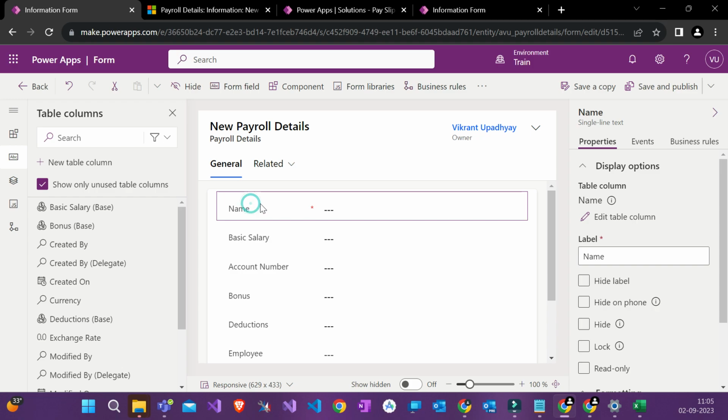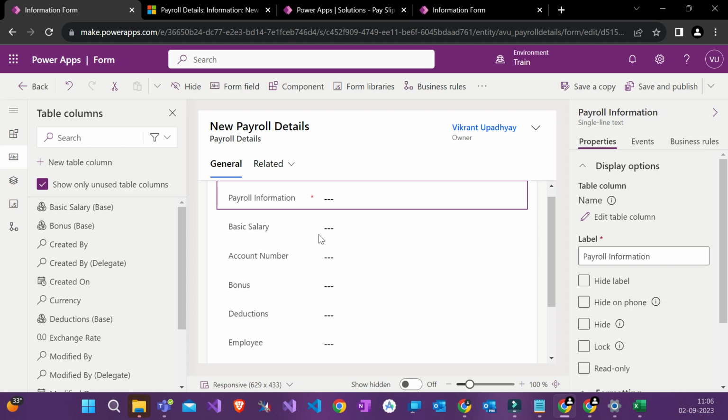Now name यहाँ, अभी देखो मैं आपको एक चीज दिखाता हूँ. Name पे click करो. As I told you that we will keep this name only by default. ये Microsoft आपको default देता है. Now I'll show you how to edit this also. I don't want it to be payroll name. I don't want it to be just name. I'll make it payroll information. ठीक है? अभी देखना क्या हो गया. On the right it changed. So that is how you can change the names on the form without changing the field name.